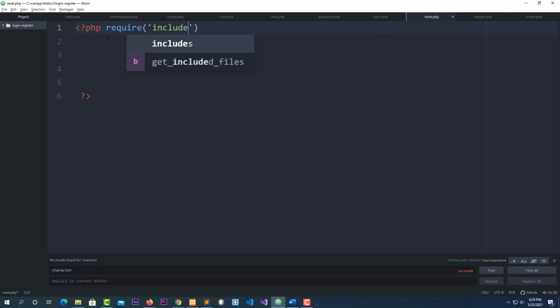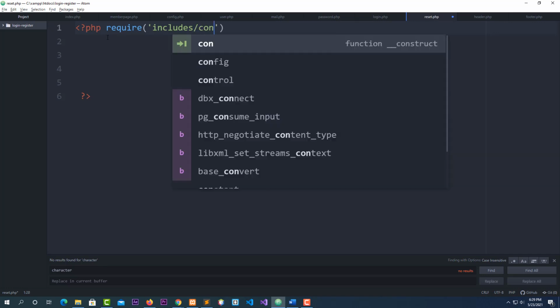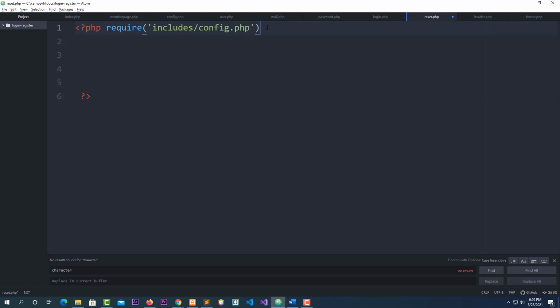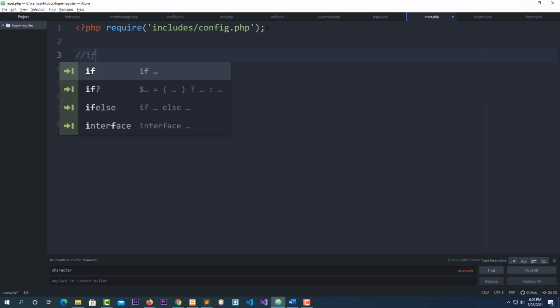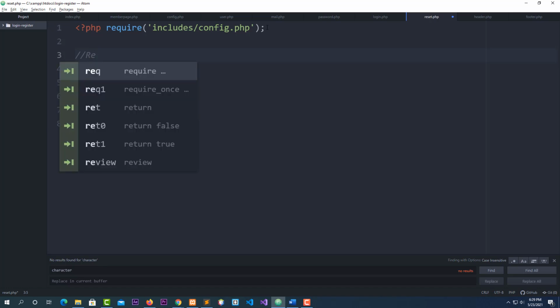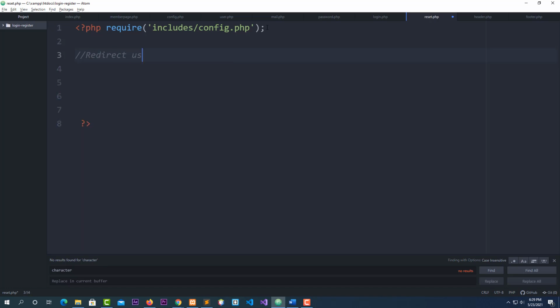because I have to put the config. Include with an S /. I call the folder first, and then I'll call the file config.php, and click on semicolon and space. Now what I'm going to do next, I'm going to see if login and redirect member to member page. If the user login, I'm going to redirect to member page. I can put it this way. Redirect user to